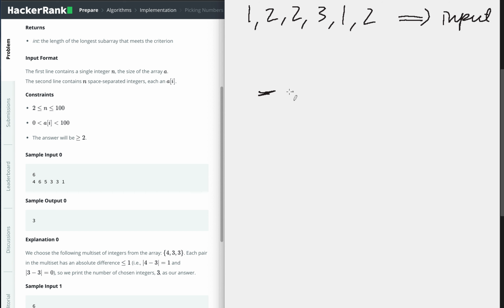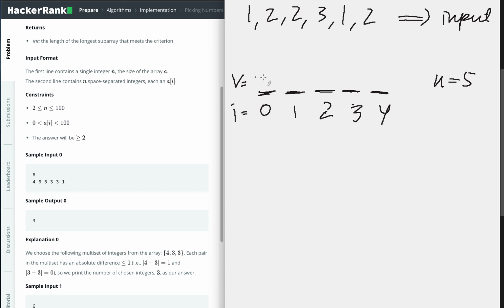Let's say we have this array, the size is 5, and this is the value, and the index is 0, 1, 2, 3, 4. When the index is 0, let's see if there is any 0 value here.